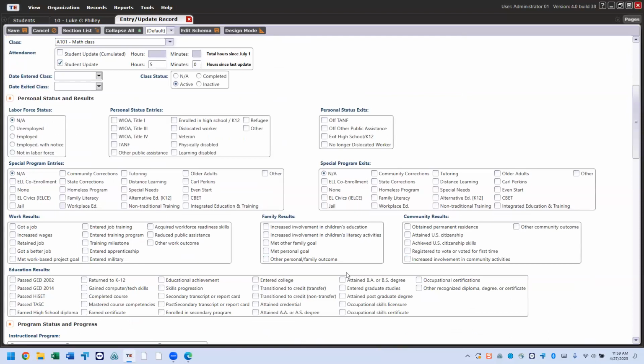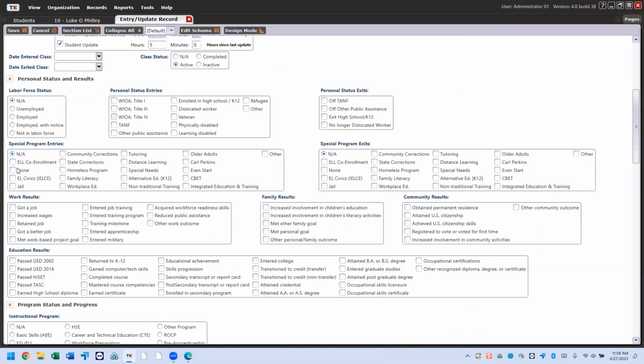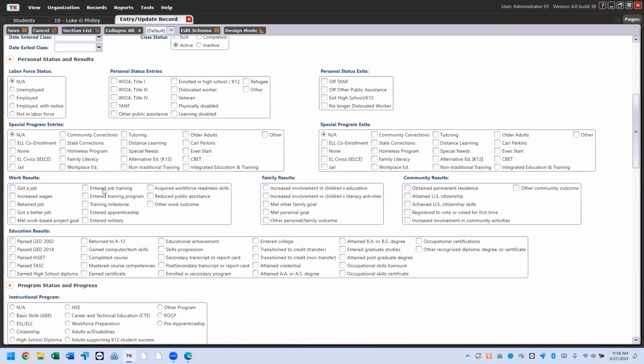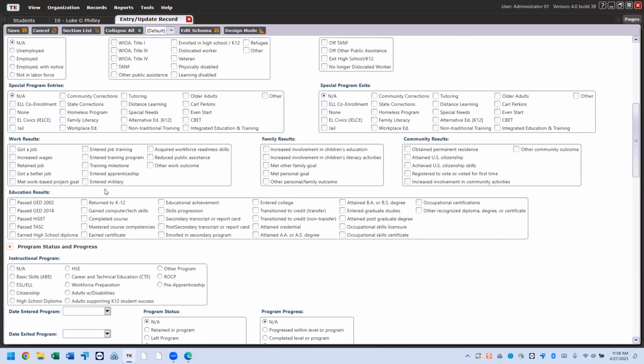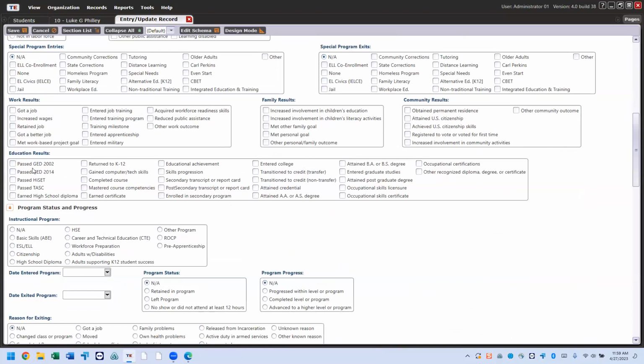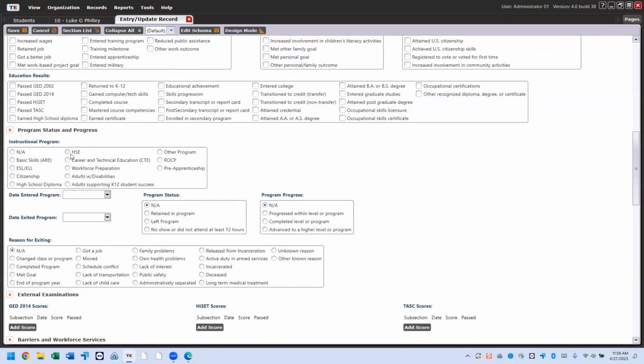This lets you update lots of the students' information at one time. If you want to update their employment status, maybe their personal status changed, maybe they're in a special program now, or they've gotten a job, or they've entered training. This is also where you would update if they earned their high school diploma or went into college. This is where you would put them into their program, whichever program they're going to go into, and the date they entered,